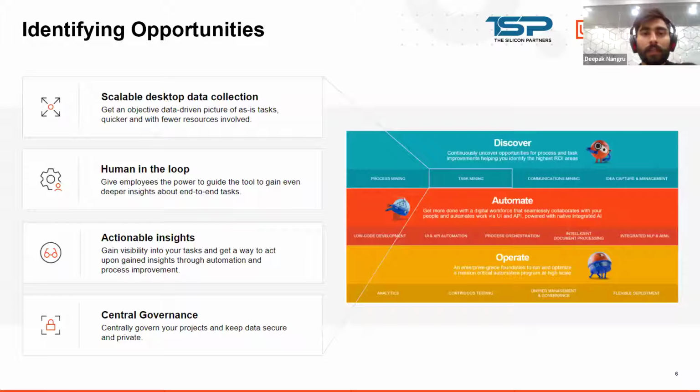Moving forward. Basically there are 3 pillars of automation, like we have been developing process. First is discover, then we move to automate, then we go to operate. These 3 pillars are important. Even if we want to skip one step, we can't, because it will disrupt the cycle, because every part is important. So today we are going to cover majorly discover.